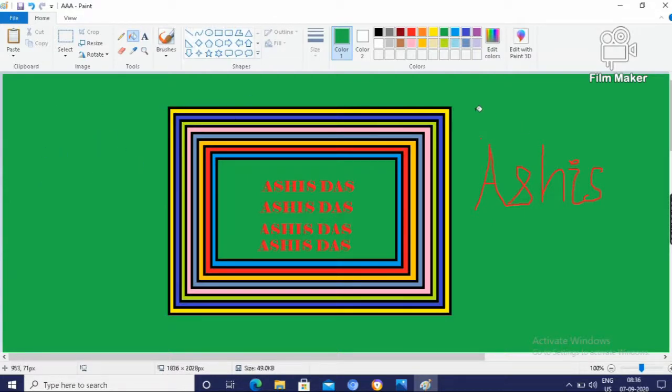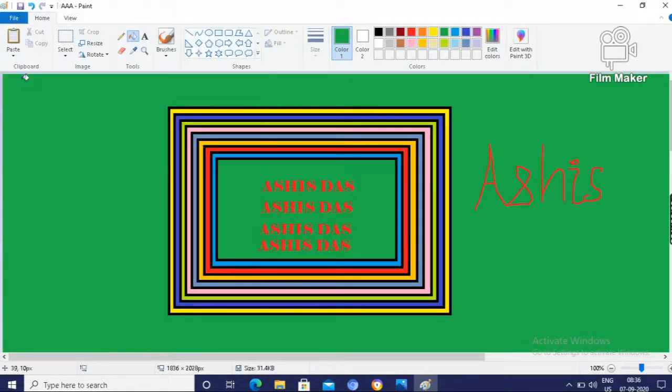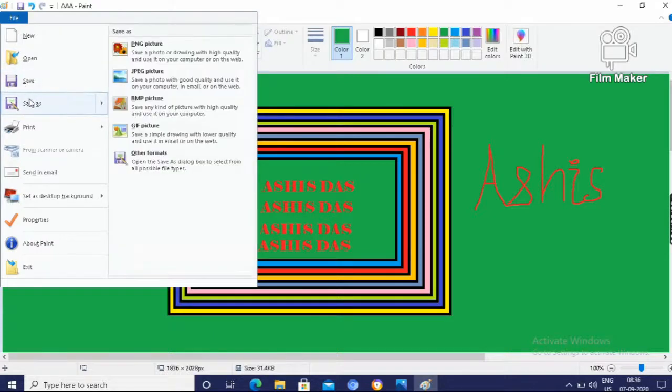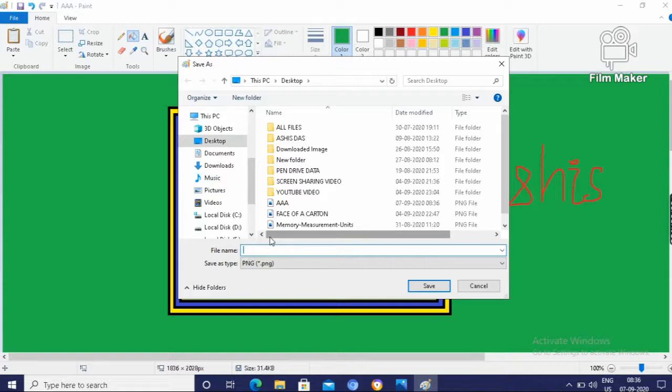And another thing, you can color it and you can save it. I have already told, File Save is one option and File Save As is another option. What is the difference? Save and Save As are the same, but if you want to save with another name, then you have to press Save As, then write your name.